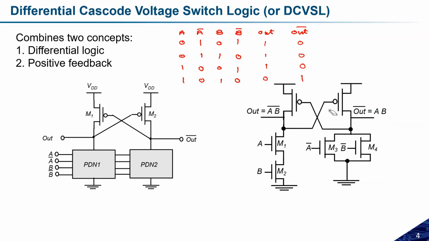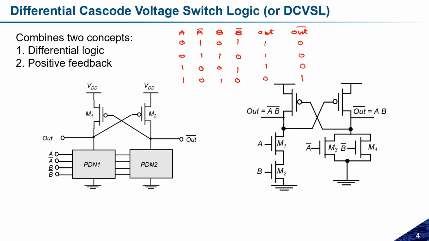So two points you need to remember. The first point is that I have two pull down networks. One pull down network is complementary to the second pull down network. Like if it is in series, then the second one will be parallel and vice versa. This is the first thing. And the second thing is, whatever input I have provided to the first pull down network, the input to the second pull down network will be the complement of it. Okay, so these two things need to be mentioned, and then you need to design a circuit.